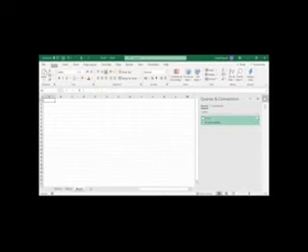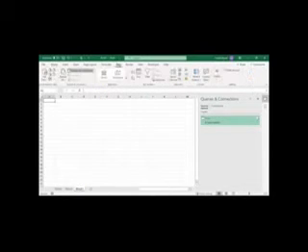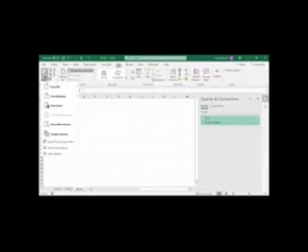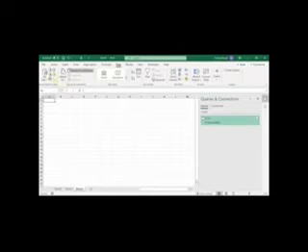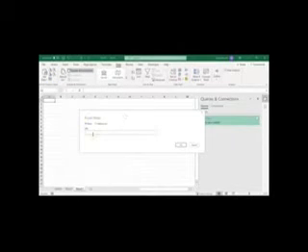So I'll copy this URL first. Now let me open a new sheet. I'll go to sheet 1, and then on the Data tab, under the Get Data section, I'll go to From Other Sources, and here I have From Web, which allows me to import data from the web. Either you can follow this path, or if you see here, there's an option to get data from the web. If I click on this,